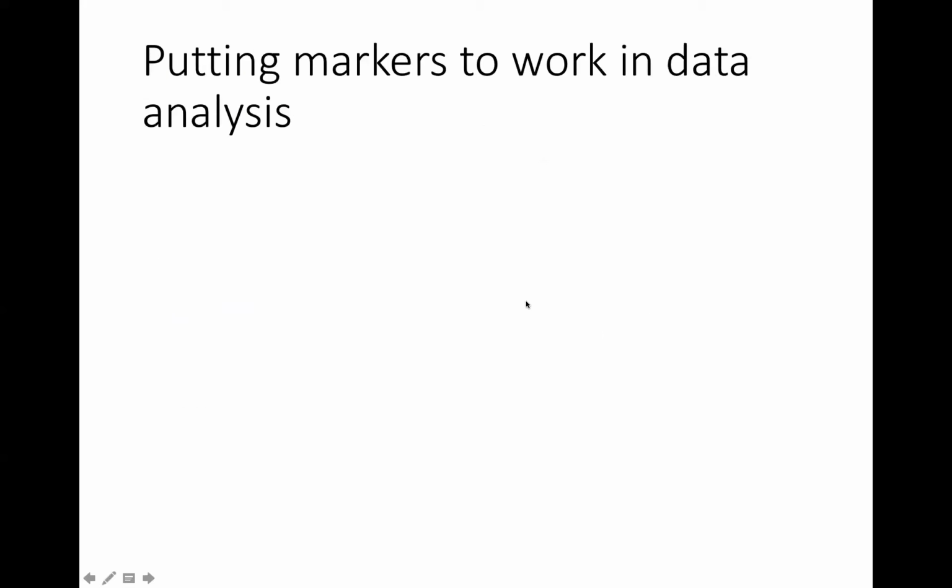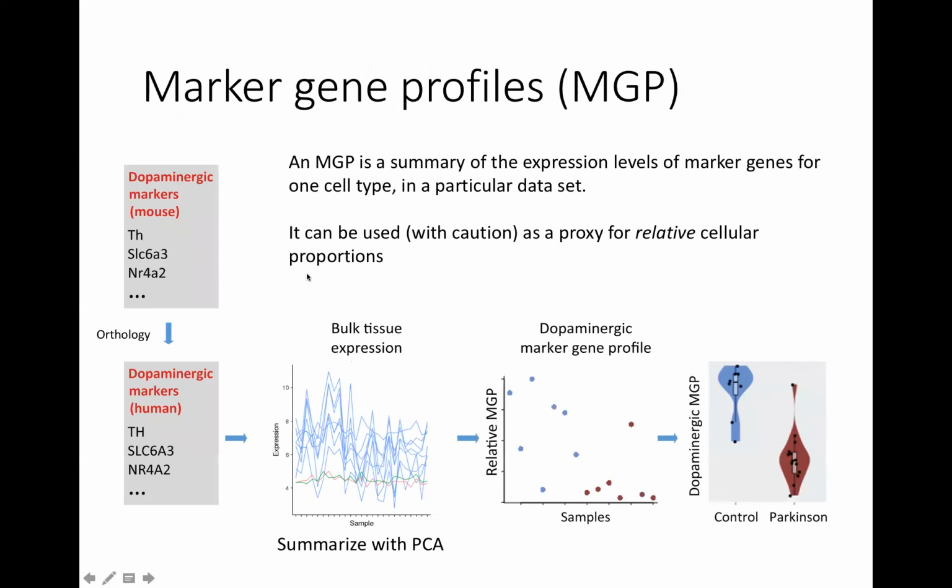So how do we put this to work in the data analysis? This is where this concept of marker gene profiles, or MGP, comes in. This is the sort of deconvolution-like aspect, although we don't call it deconvolution, and I can explain why. But basically, an MGP is a summary of the expression levels of marker genes for one cell type in a particular data set. And then we're proposing that we can use this with some caution as a proxy for relative